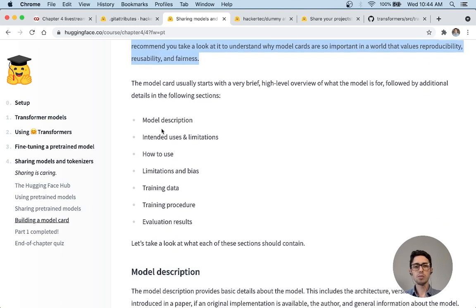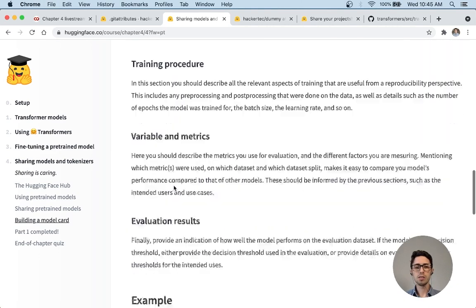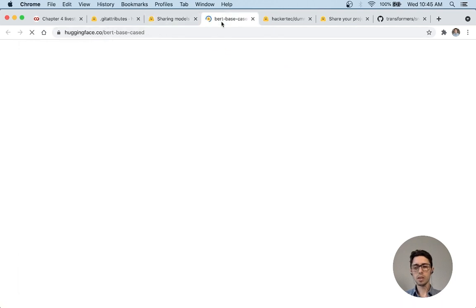There are some sections that we recommend: model description, intended uses and limitations, how to use, limitations and bias, training data, training procedure, and evaluation results. These are not strict. We don't force any specific sections, so the model card really has a lot of flexibility. Here there's a paragraph explaining each of these sections. I think you can go over it by yourself, but what might be more useful is to just quickly go through